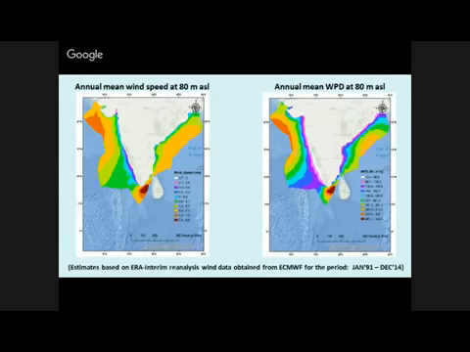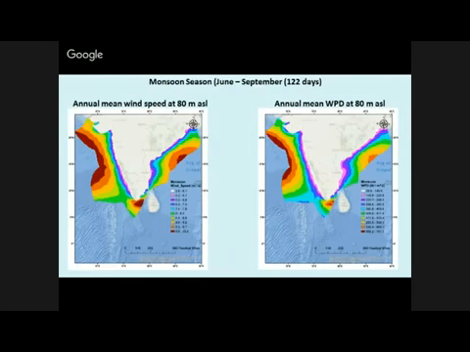So these are the contours for the annual wind speed at 80 meter height, the annual mean speed at 80 meter height, and wind power density. Because all calculations are required, based upon those calculations one can take a decision, right? And these are for the monsoon season. You will see what happens in the highest monsoon season,